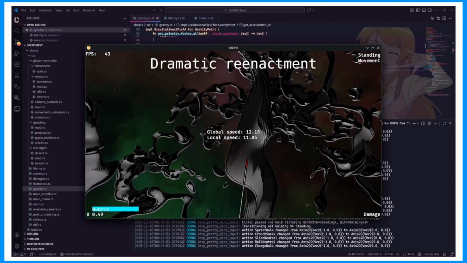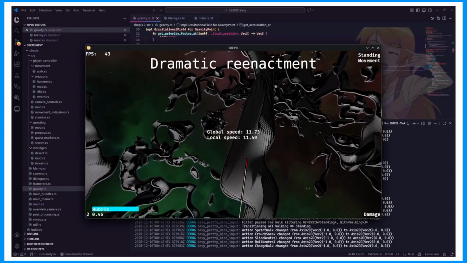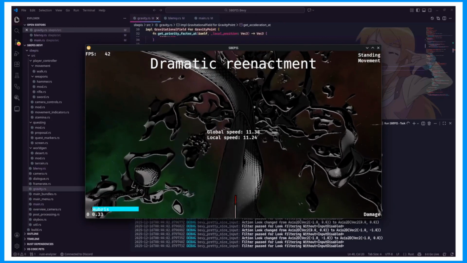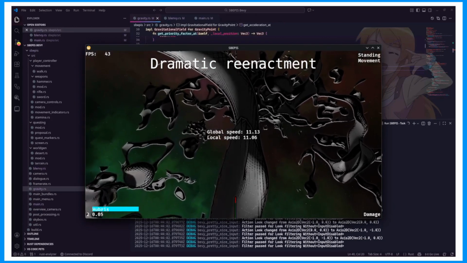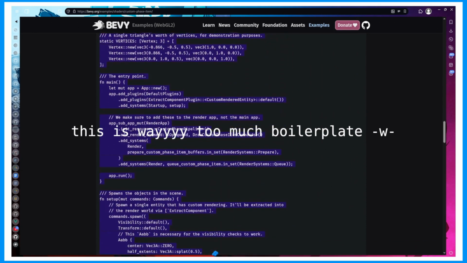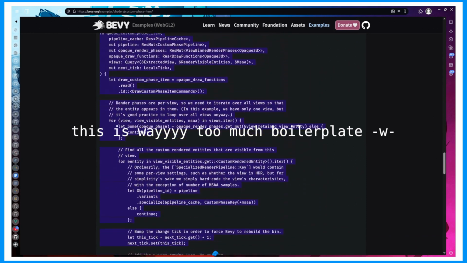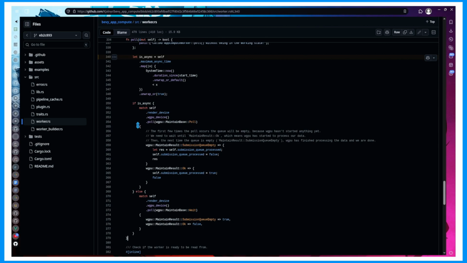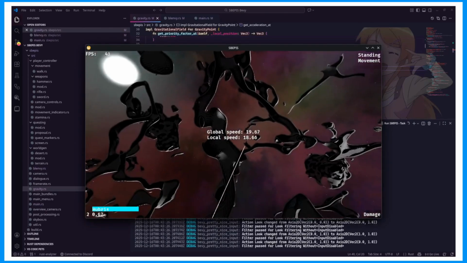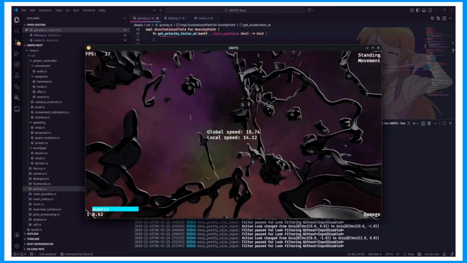I found this crate for Bevy that makes it easy to do compute stuff, but it was causing a bunch of stuttering. Then I remembered Bevy has a built-in compute stuff. That didn't happen. Then I found out that the compute crate from earlier has asynchronicity turned off by default, meaning it was trying to do the entire chunk in one frame, so I turned that on and now it runs